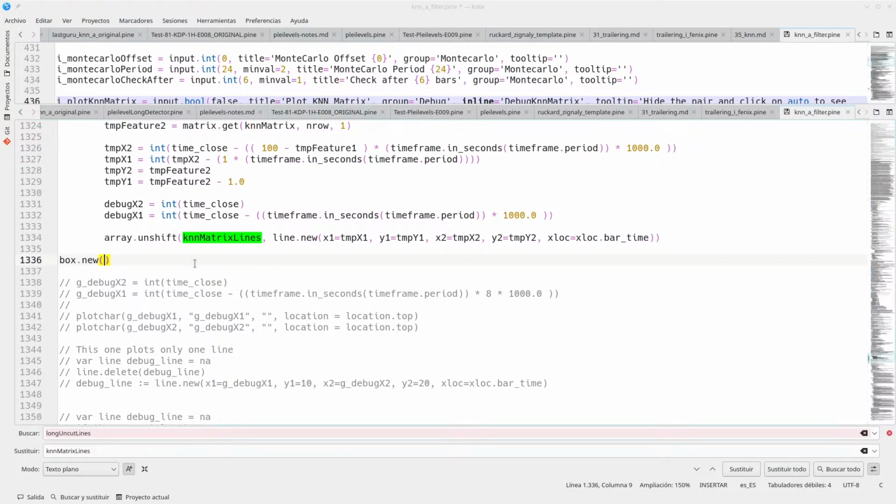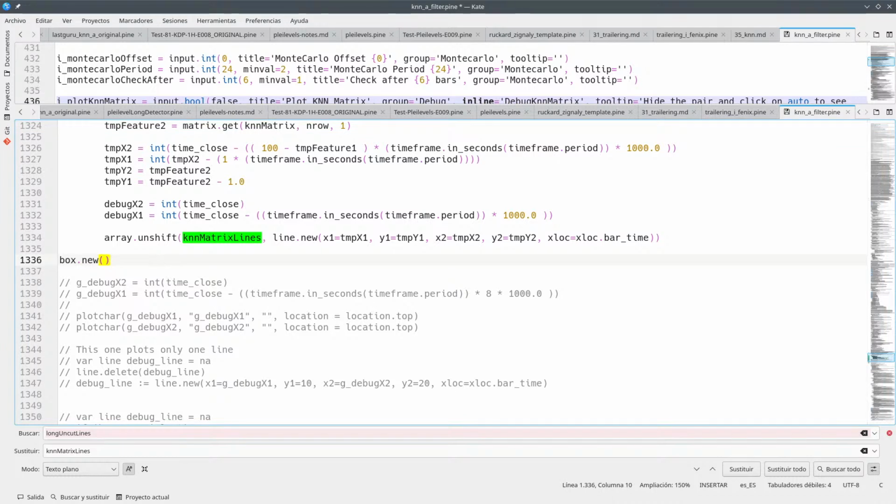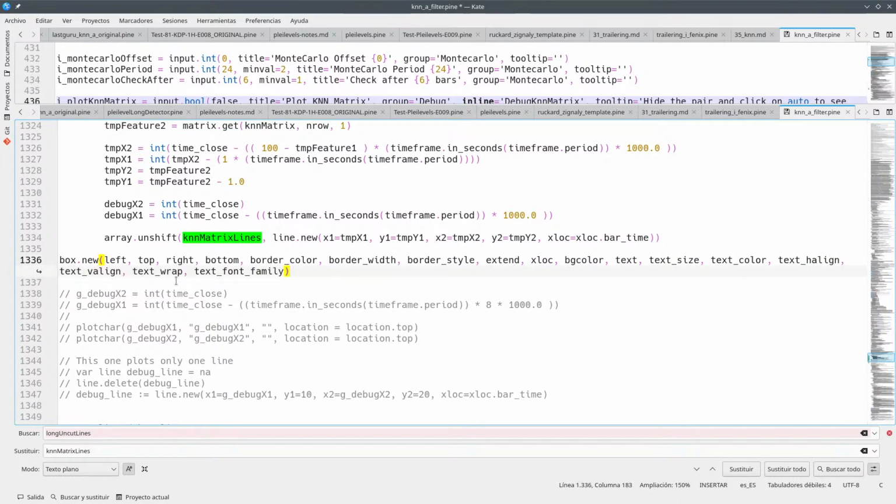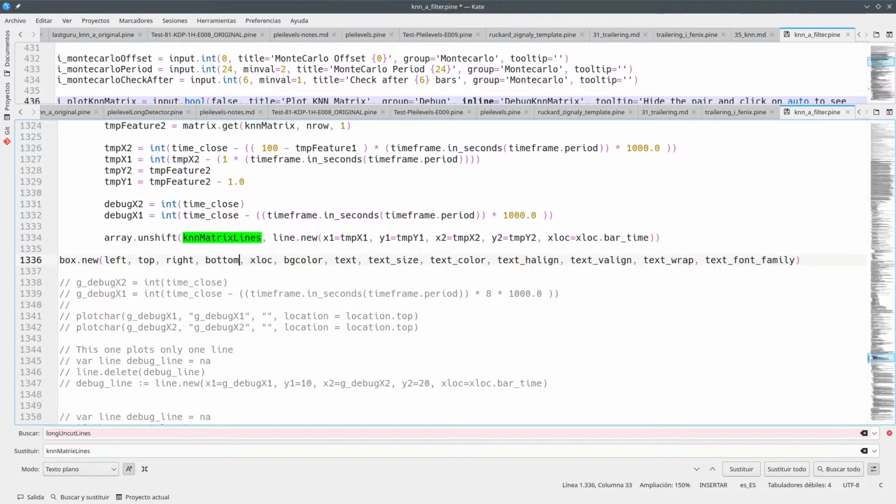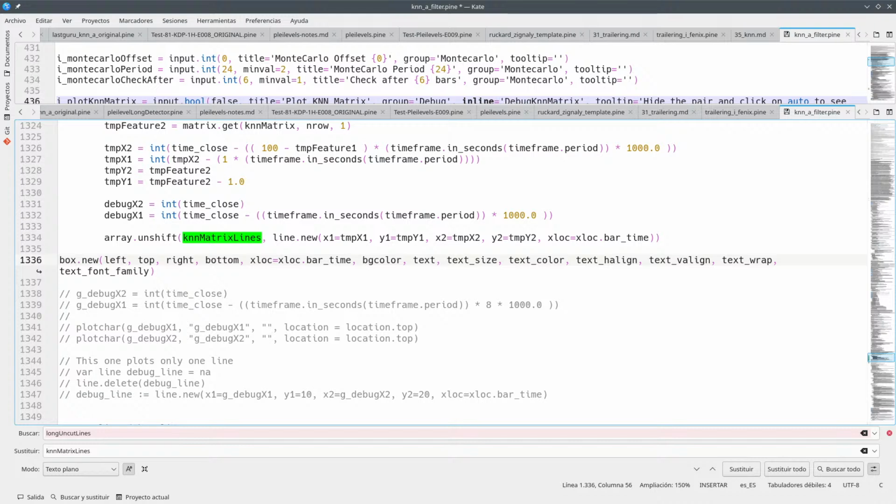Okay, so plot. So left, top, right, bottom, border color. So border color, it's going to be whatever it's by default. Border width, it's going to be whatever it's by default. The style, extend, we don't want to extend. Xloc, it's going to be xloc.bar_time, because we want to use the bar time. Background color,